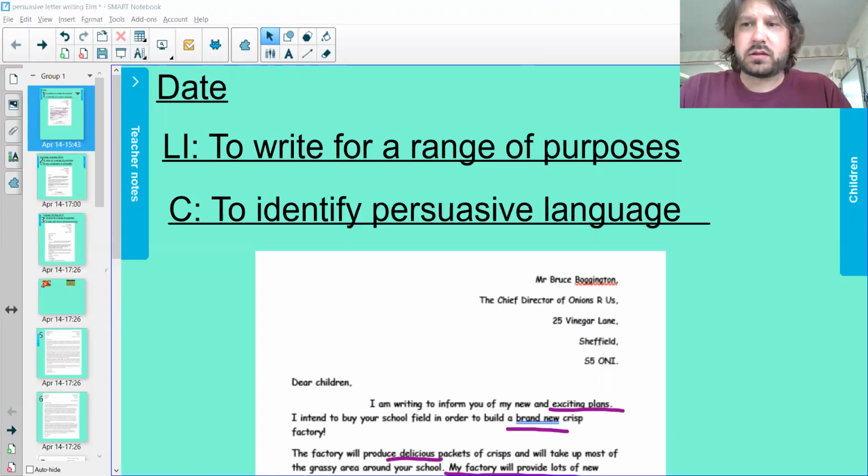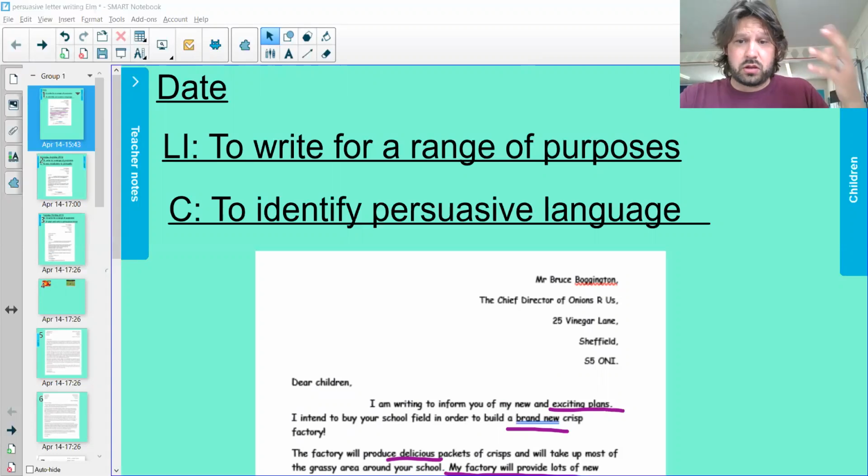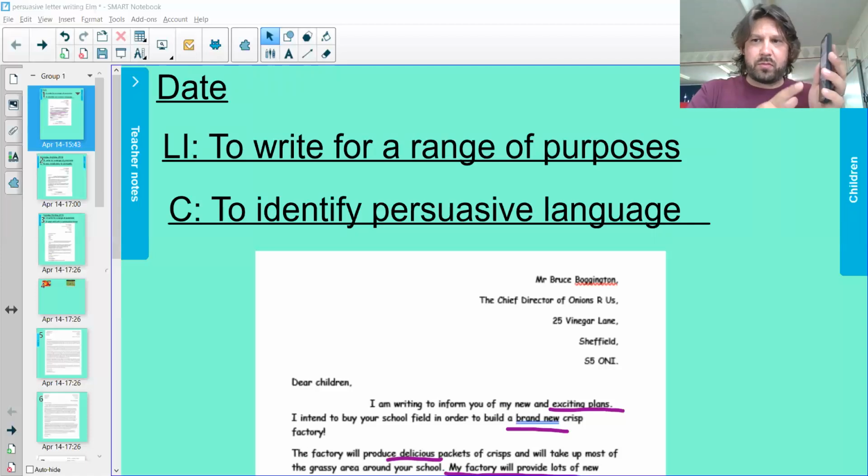Okay, so today's lesson is all about recognizing the main features of a persuasive letter. So I will be putting a letter on to the Google Drive as well, and that can be printed off, or you can just discuss which parts are important. So if you don't have a printer, you could have it on your device, and you could kind of talk it through with me on a video. You could say, right, this is the address, and go through it like that. Okay, so